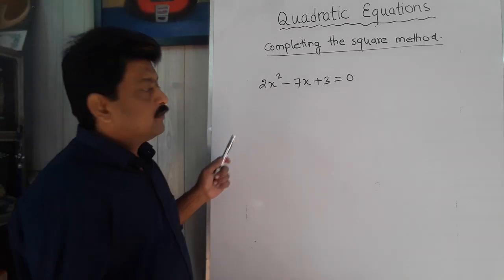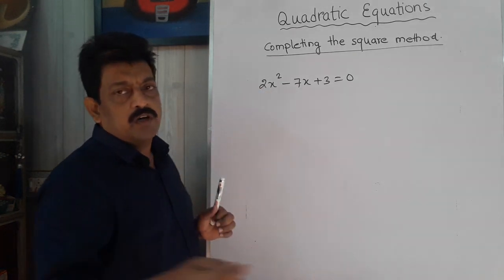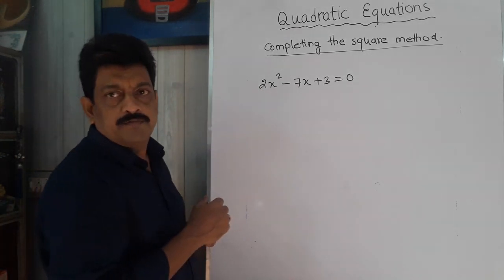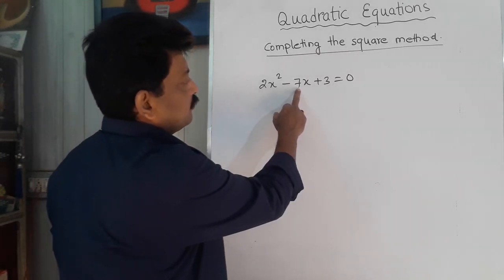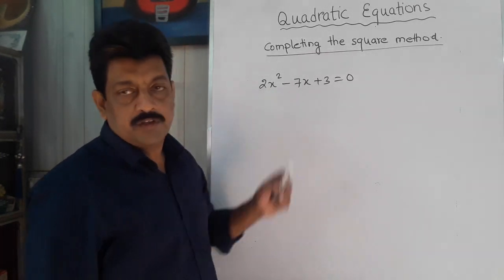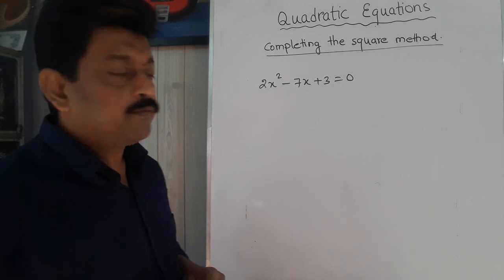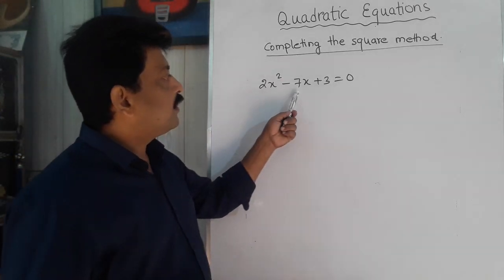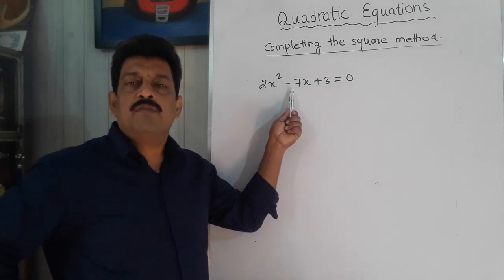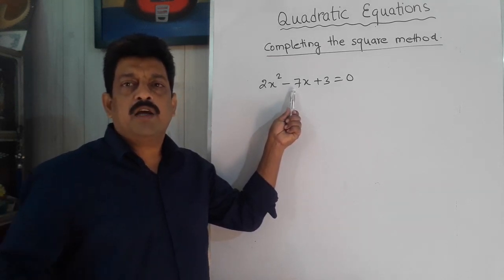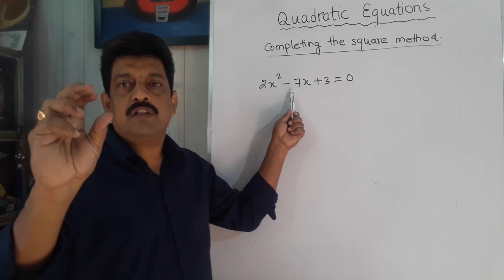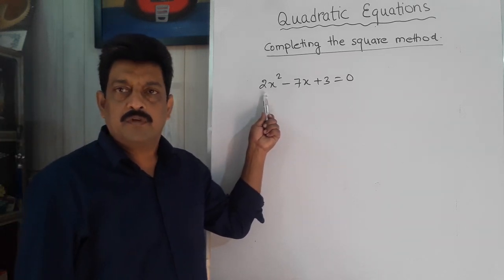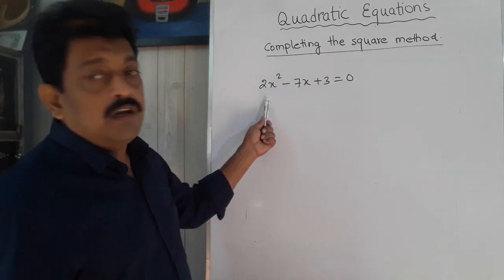It is quite easy, since it is 2x square, let me multiply it by 2. So it will become 4x square. This will become 7 multiplied by 2, 14, and this will become 6. There will be no problem. But the problem arises somewhere else. Whenever you get an odd number in the middle term, don't multiply with a smaller number, just multiply with a little bit bigger number such that this becomes a whole square. Let me show you.